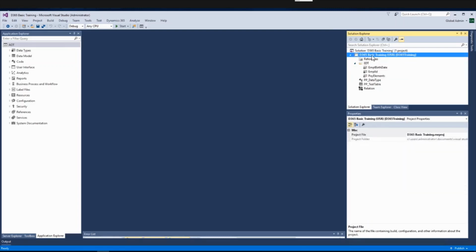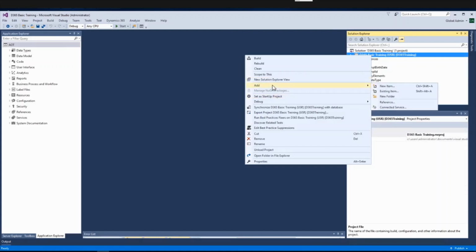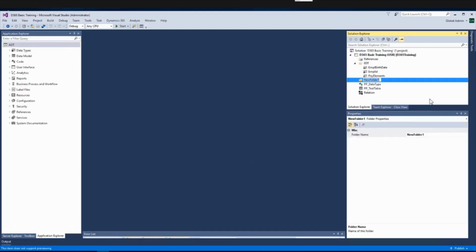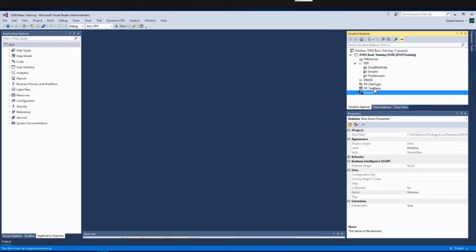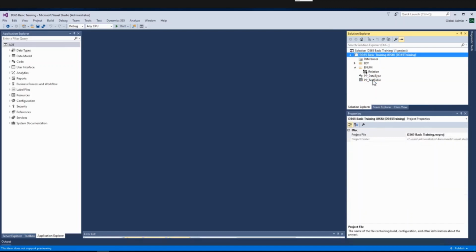We created one enum also, so I will create one group for it. See, after organizing these objects based on element type, it is looking good.